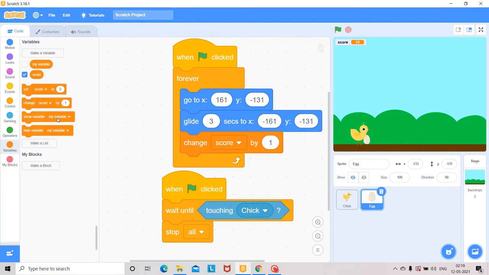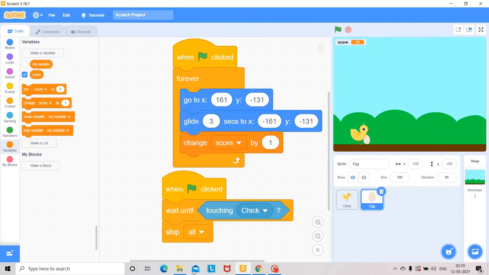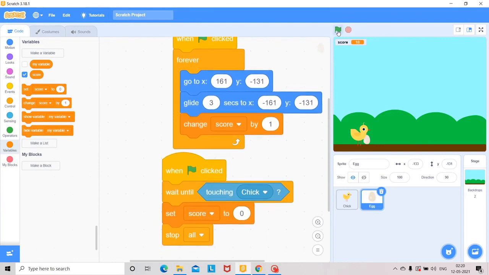Okay, both will be stopped. So there are suitable blocks here, so you can add this block here. So when the egg touches the chick, the score will be 0. So you take this one, set score to 0, and both will be stopped. Okay, so let us see now.